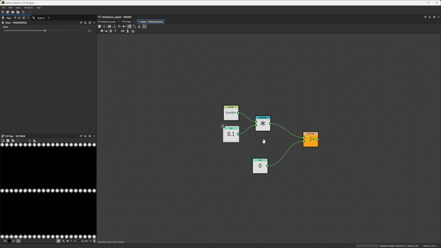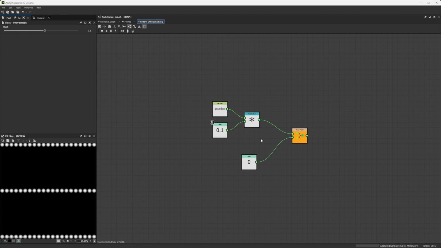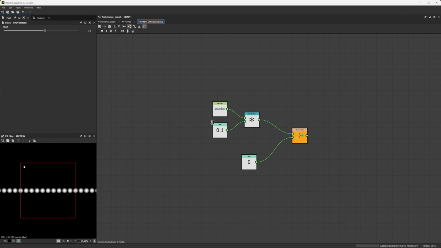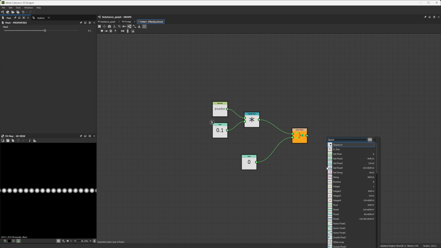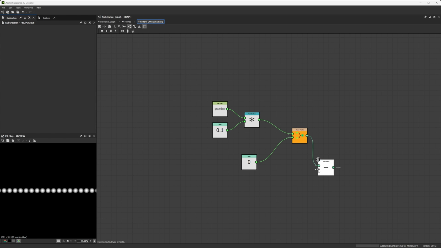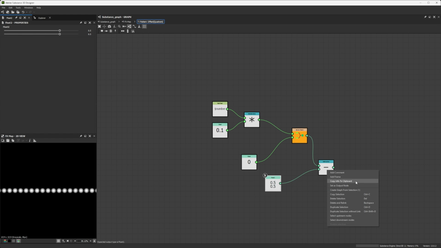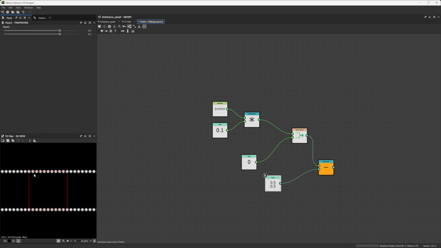So that's really cool. Now what I want to define as well is I'd like this to start from the corner here. What you have to know is, once again, here we can control the offset, but the position is not 0, 0 here. The position is 0.5, 0.5, but the default offset is 0, 0. So if I want to get here, it means that I have to remove 0.5 on X and Y. And that's what we're going to do. So I'm doing a subtraction, float 2, and I put 0.5, 0.5, and I set this as output node,